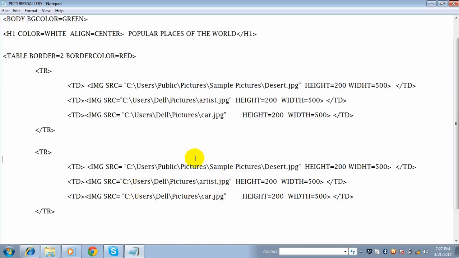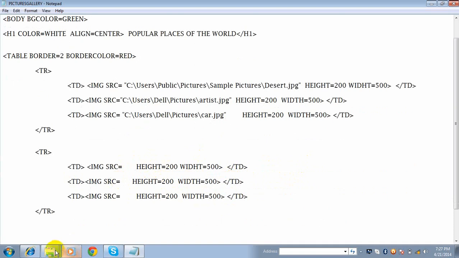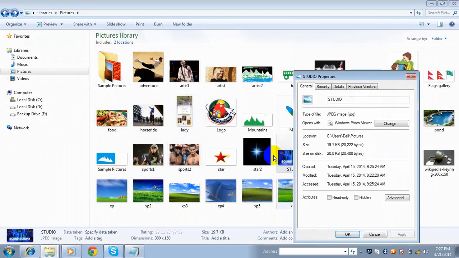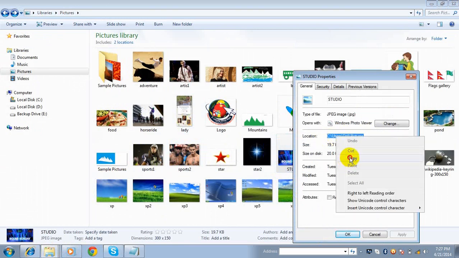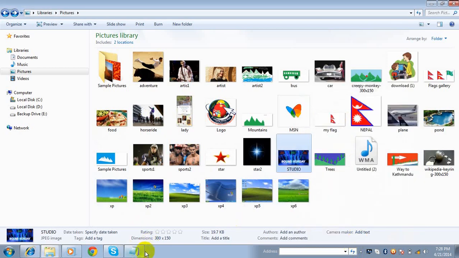Here you can specify another picture. Let's erase all this address or location of the picture. Now go to the picture folder. Just right click on it, click on properties. Now just highlight the picture location. Right click, copy. The image is .jpg. Now go to the text editor.